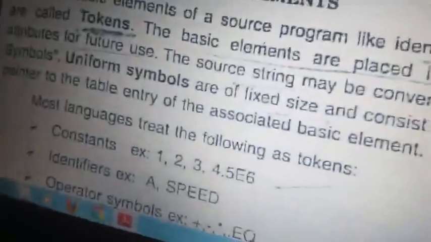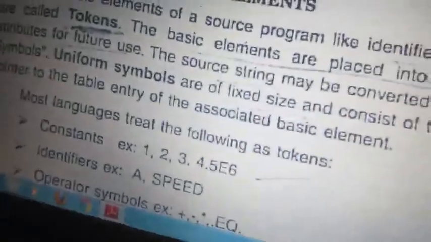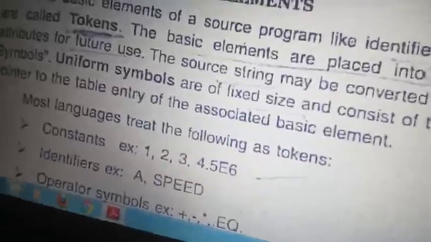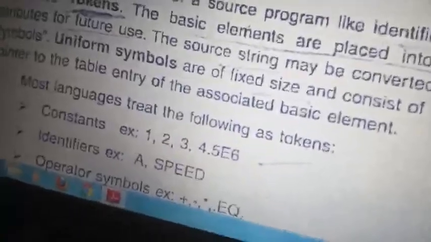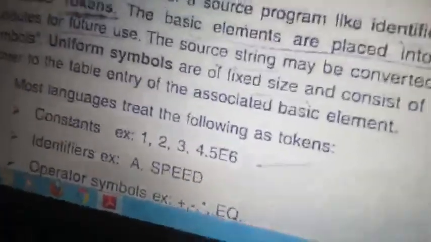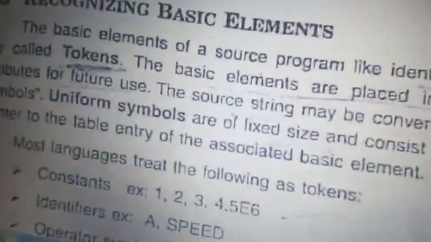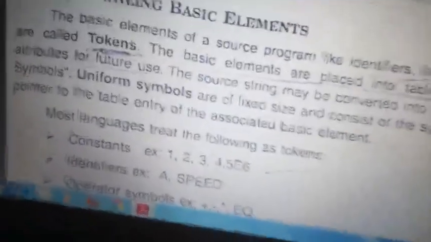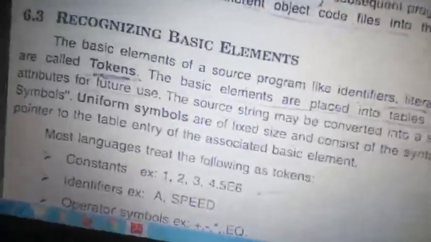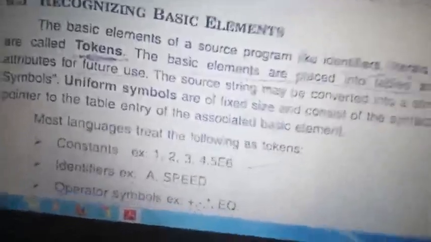Integer, I know integer, but I can't write it as int here and g here. Int means int. Even though you know the spelling, you can't write those things, because those are tokens, basic elements already fixed in size. Analyzing those fixed size elements is nothing but recognizing the basic element, right? Constant, you can't change the size.